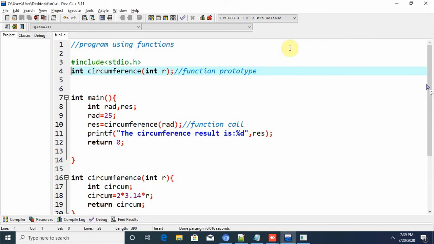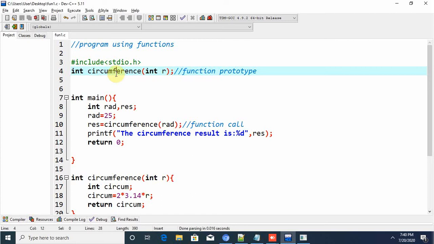So the function prototype is nothing but this is the return type. What is the output you are going to get for this circumference? Circumference means definitely it's going to be a numerical value, an integer value. So I'm just using this integer return type.